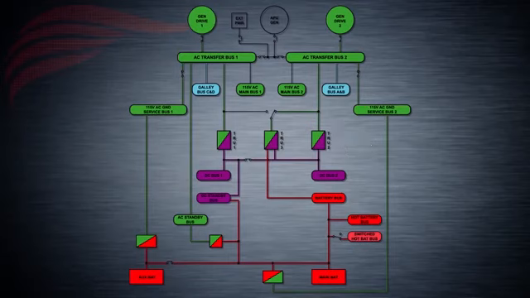TRU2 gets power from the AC transfer bus 2 and connects directly to the DC bus 2. TRU3 gets power from the AC transfer bus 2 and provides a power source for the battery bus. If power from the AC transfer bus 2 is lost, AC transfer bus 1 may supply backup power to TRU3